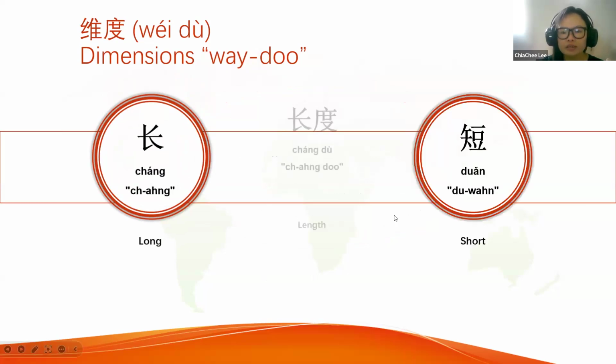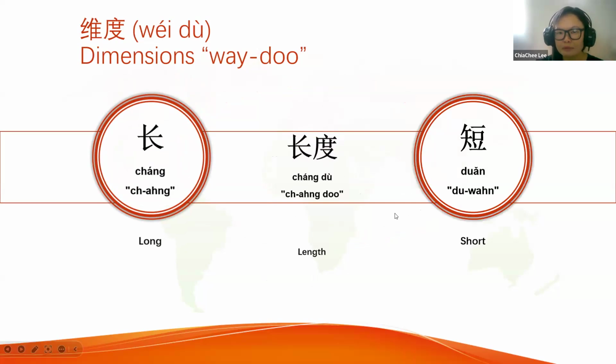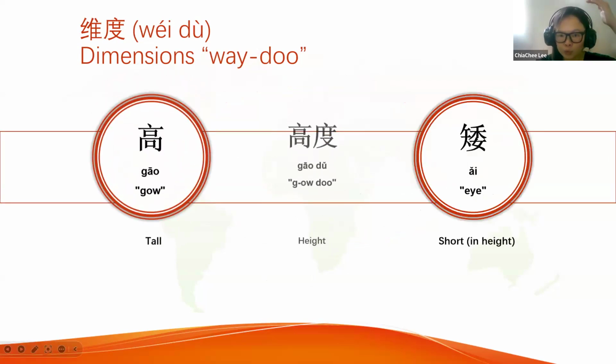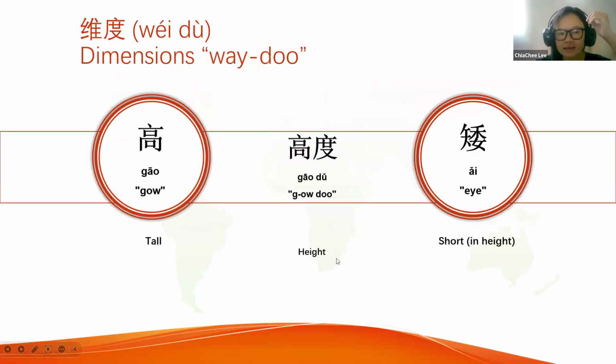So we actually have 4 pairs in our previous topic 7. We have this 长度. I'm not sure whether you still remember, but we do a simple recap lah. 长度 is on length, where we check 多长, how long it is, or 多短, how short it is. 长度 we have 长, we have 短. Then also we have this 高度. 高度 is about height. We check on 多高, how tall you are, or how short it is. Short in height is called 矮. 高度 we have 高, we have 矮.